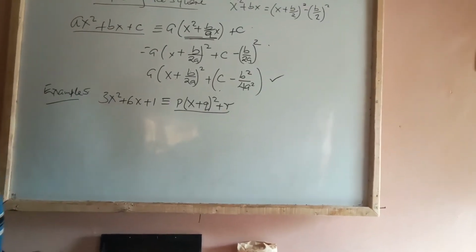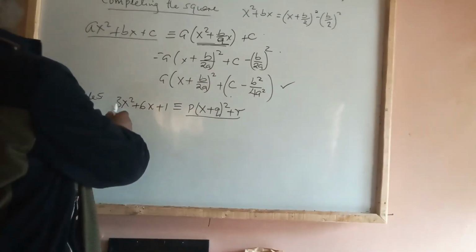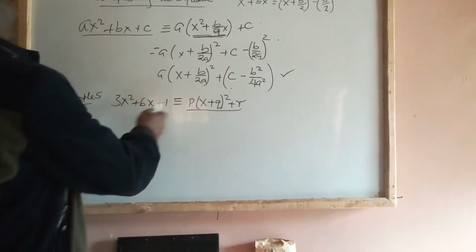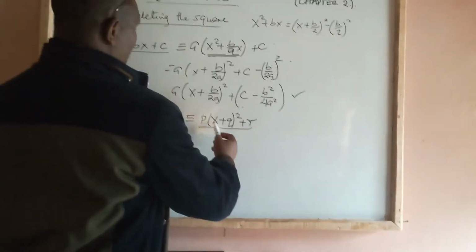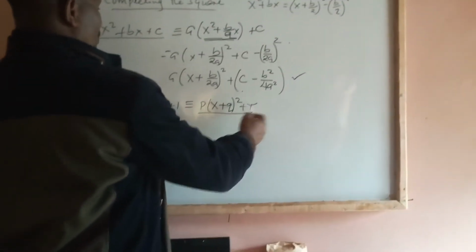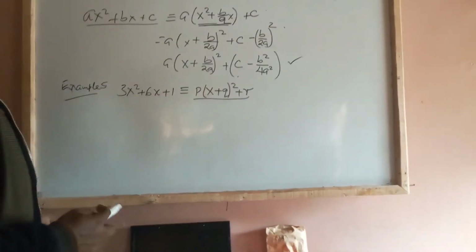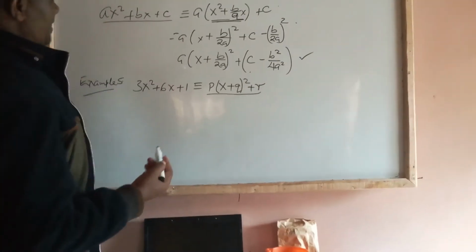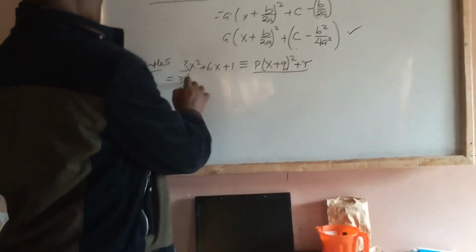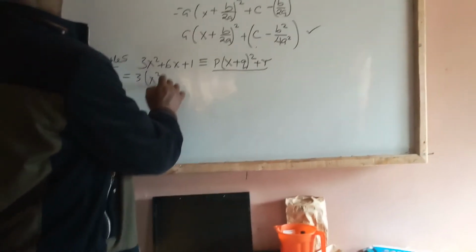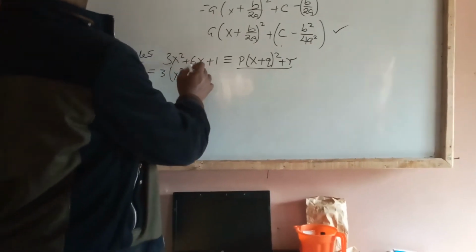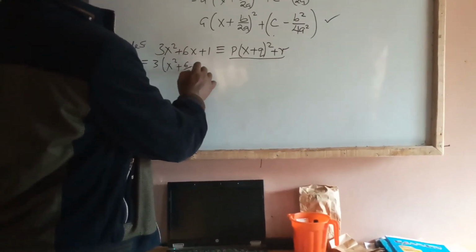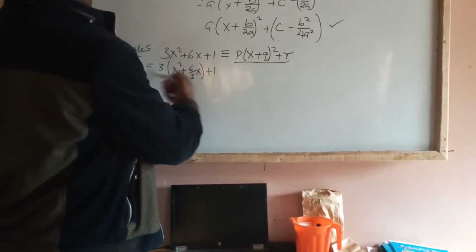And we are expected to answer example 5, whereby we are talking about 3x squared plus 6x plus 1 in the form of p, open bracket, x plus q squared plus r. And you realize that the coefficient of x squared is not 1, so we must factor out 3, giving us 3x squared plus 6 over 3, which is 6 over 3x plus 1. And this one simply gives you